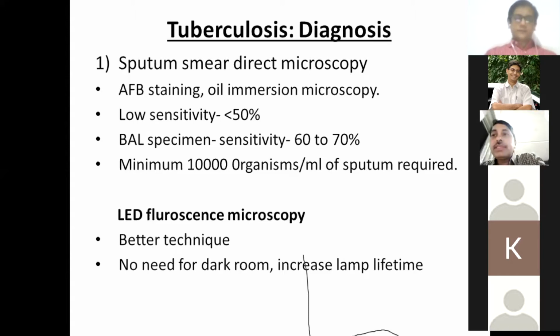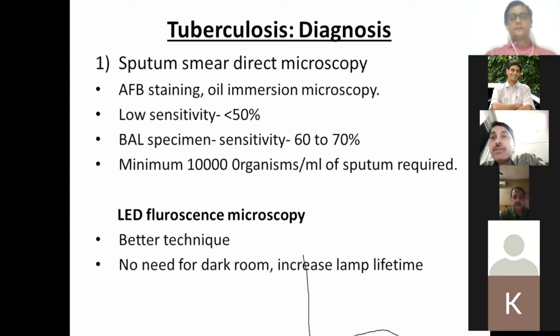Yes. So basically, spot sample is for those who are not able to come on the subsequent 2 days. In case your patient is able to bring the early morning sputum for consecutive 2 days, nothing like it. The spot sample is basically for patients in the RNTCP program where the patient may be lost to follow-up. That's the reason they have asked for the spot sample. If your patient is able to get 2 consecutive early morning sputum samples, then overnight 12 hours and then early morning sample, nothing like it.